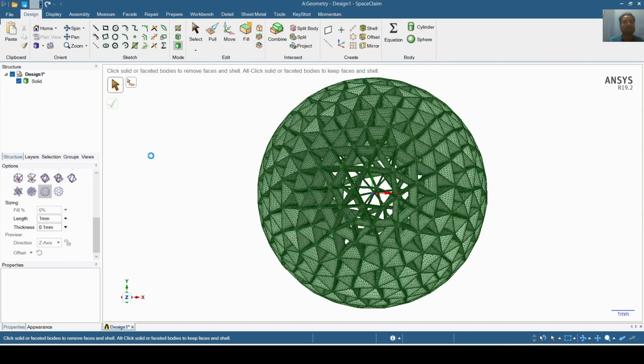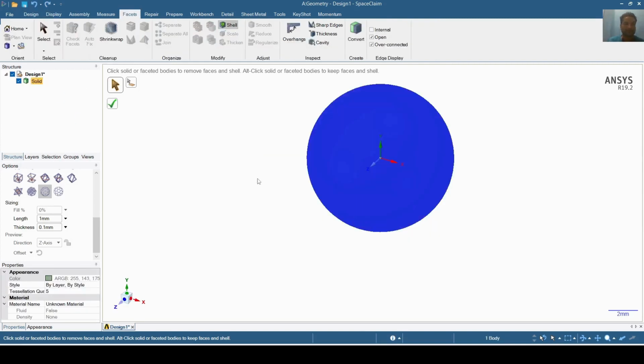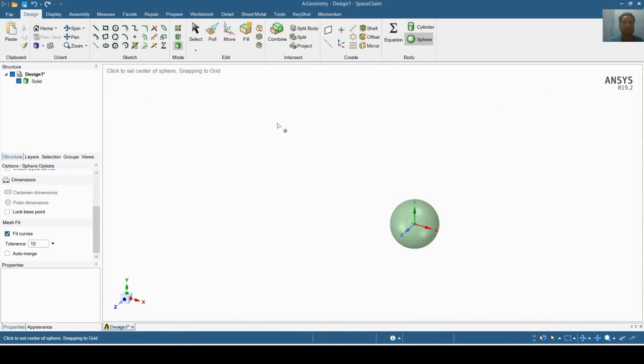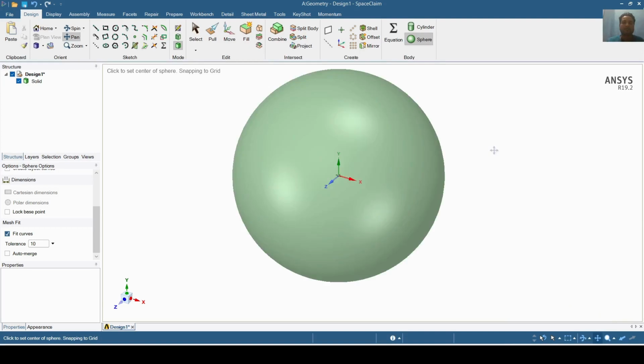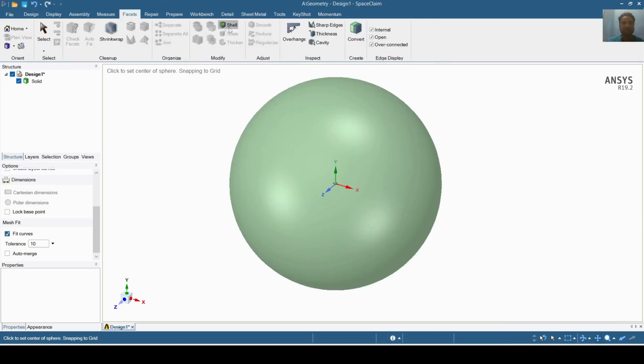For this, I will undo this process. Again, I will undo this process. Again, I will undo this. I will again prepare a sphere of 10 mm, and I will zoom it first, and I will go to facets, shell,